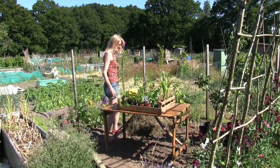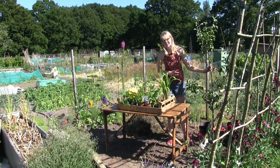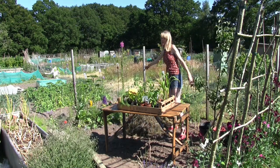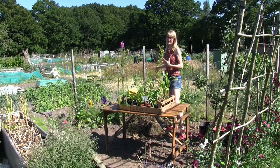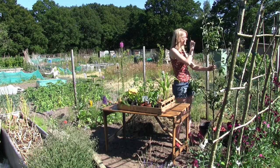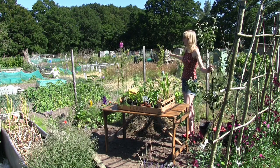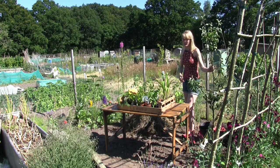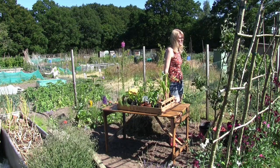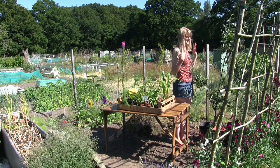But I will just quickly mention that about this apple tree. Now, if you saw my last video, then you know that I planted my apple tree about here, so it's moved. It wasn't nicked or anything, I just moved it because I misjudged where the sun went, and when it was there it was overshadowing some of the surrounding plots, so I thought I'll move it, and actually I'm so much happier with where it is now,